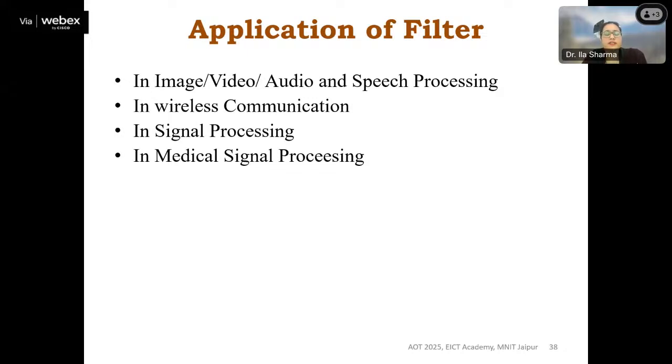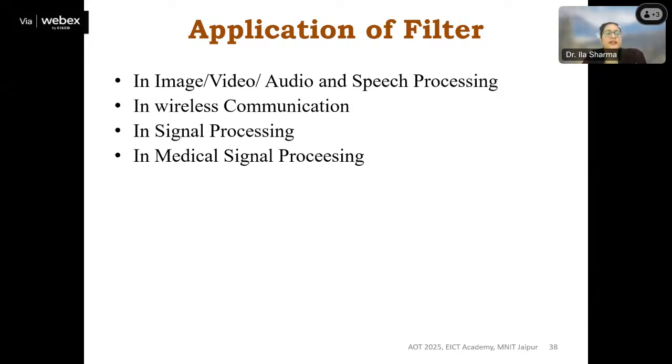You can use this filter in wireless communication for fetching out a particular spectrum. You can use this in signal processing, for signal alteration, whether you are using amplification, removing noise, or converting the signal to a higher value.